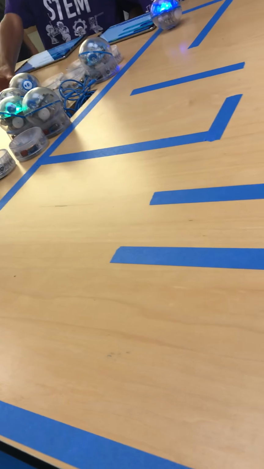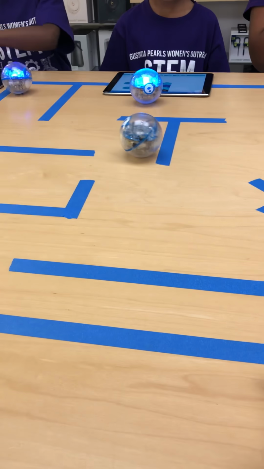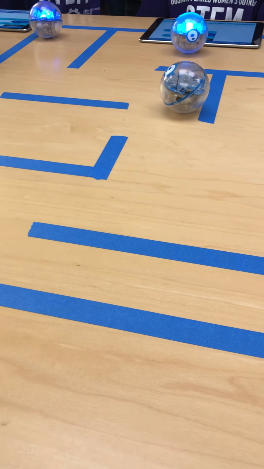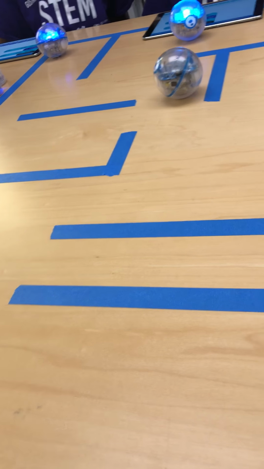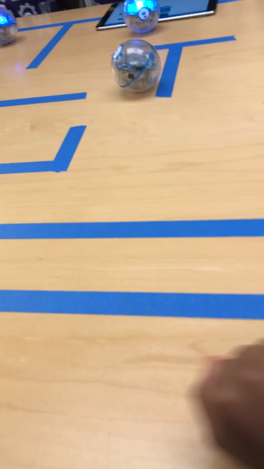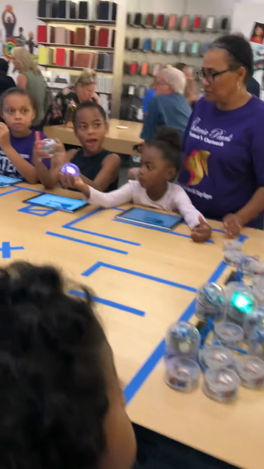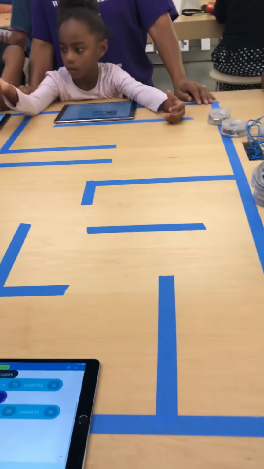All right. At this point, we've got a little bit of time to do some things. So what I'd like everybody to do is grab their Sphero and hold it in their hand. And this is where we're going to let you guys do some free movement, if you will. Now, you can't drive it around, but